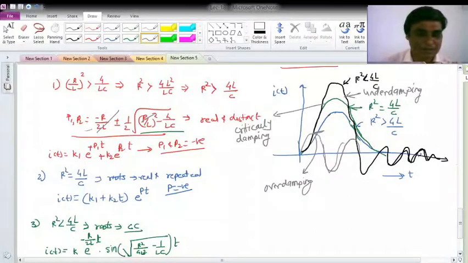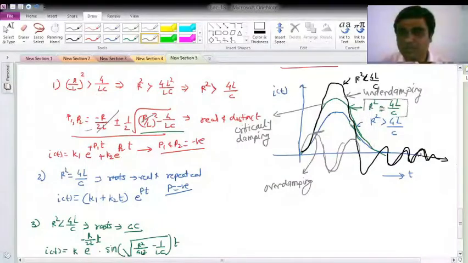Okay, so why is it called critical damping? Because R square is equal to 4L upon C, I see this as a boundary case. If the resistor value satisfies R square equal to 4L upon C, I get this. And the form changes when R square is greater than 4L upon C, it is this, and when R square is less than 4L upon C, then you observe a different form. So that's why it is called the critical value. It's the critical value of R where your form is going to change.